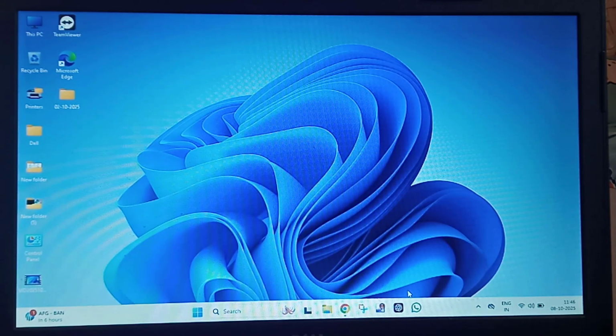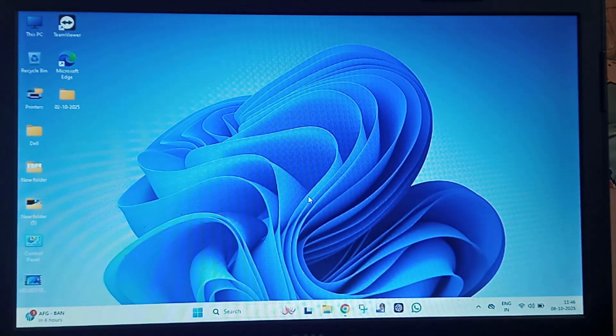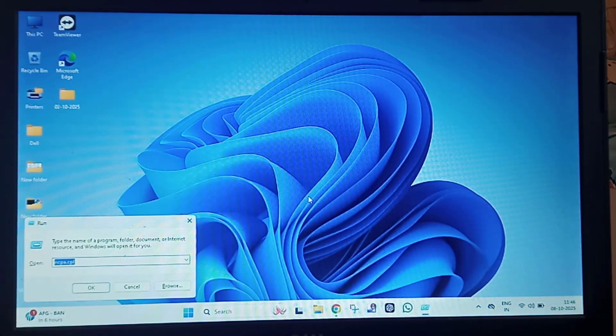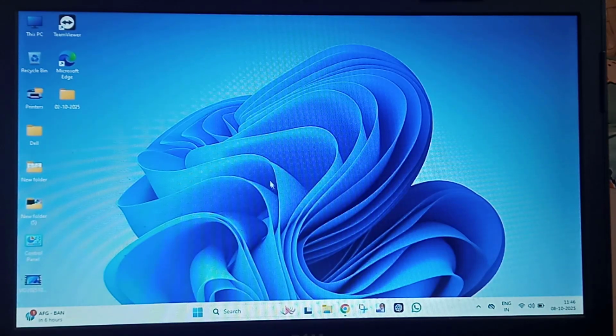Guys, if you are seeing the error Ethernet doesn't have a valid IP configuration, then I will show you a couple of steps you can try and fix this issue. In this, the first method is you have to open the network setting. For that you have to press Windows plus R, then type ncpa.cpl, click OK,